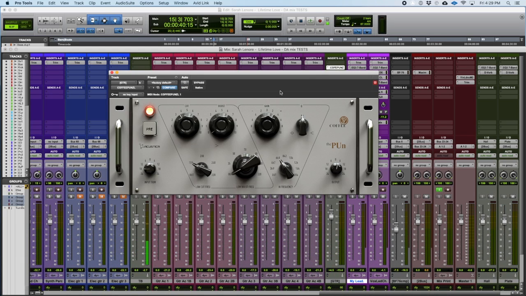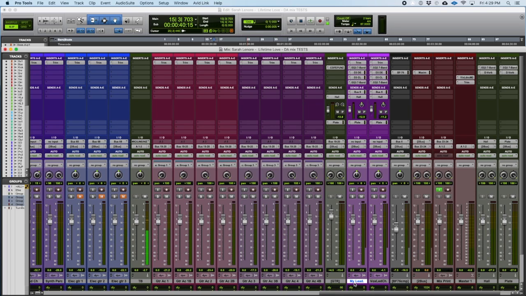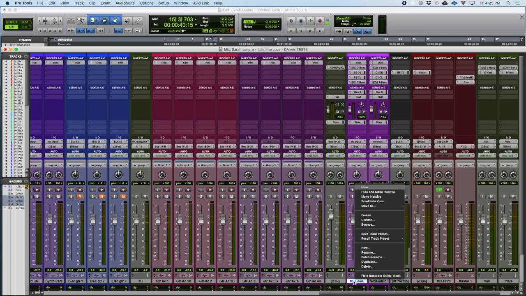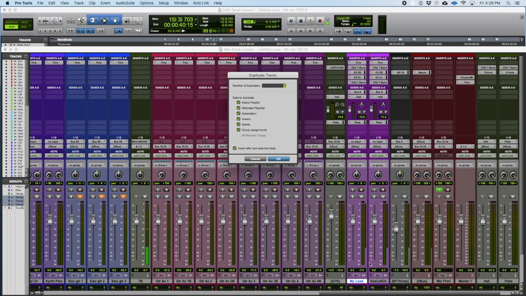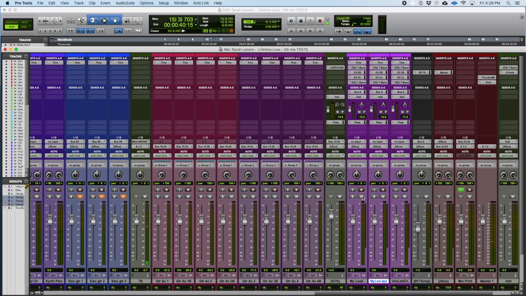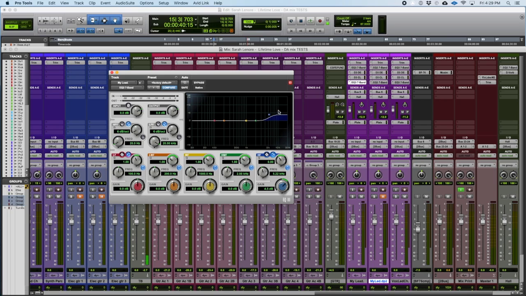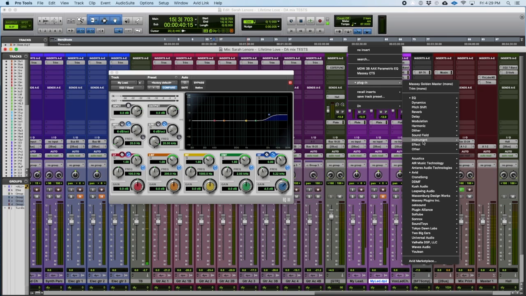I just showed you in the previous video the Pun by Acoustica Audio, which is a free plugin, and I'm going to apply that EQ to the vocal. I love doing this shortcut, and I'm going to show you in a second. First, I'm going to duplicate Sarah's vocal, and I'm going to mute the one that I duplicated. I'm going to leave that one the way it is, and I'm going to replace our EQ7, where we had added some shelf EQ to add some brightness after the de-esser,